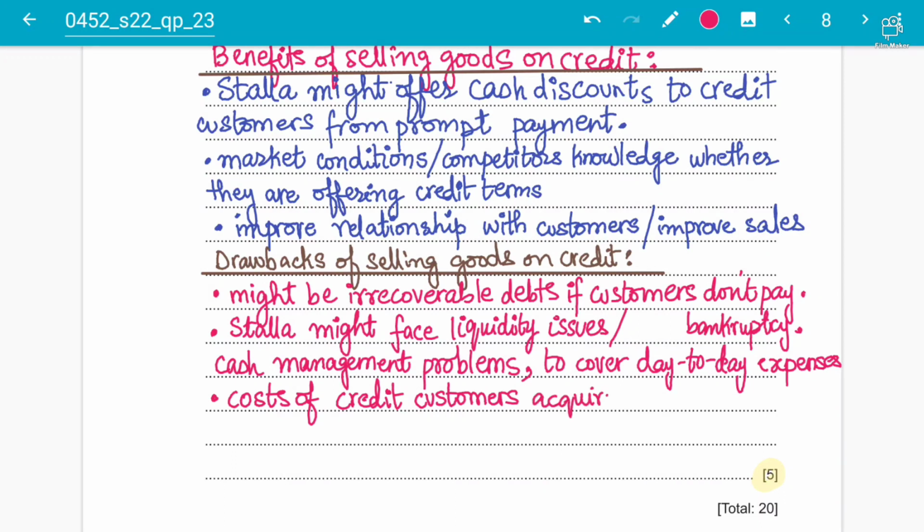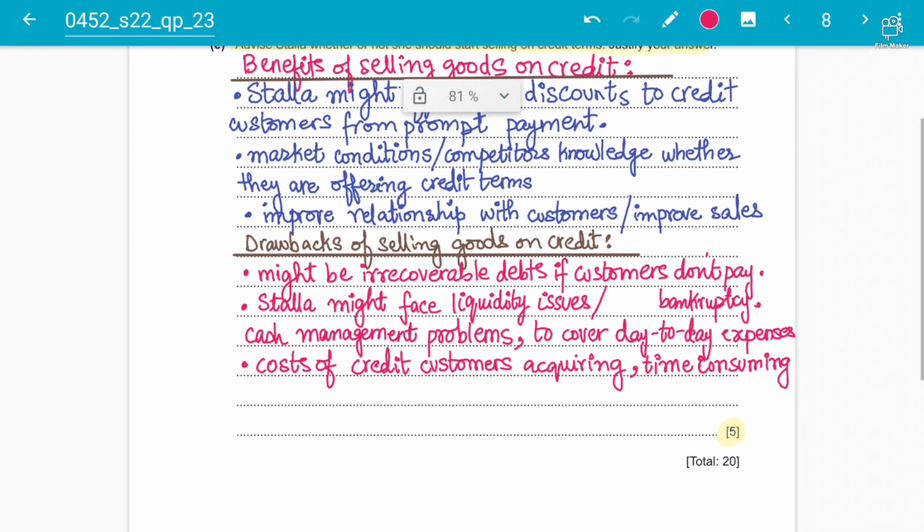कि इनको कस्टमर्स को नहीं देना चाहिए क्योंकि ये पे ही नहीं करते। तो कॉस्ट ऑफ क्रेडिट कस्टमर्स एक्वायरिंग, हम ये लिख सकते हैं कि आपको जो है एक अपना एक एक्स्ट्रा कॉस्ट बेयर करनी पड़ेगी, एक मैनेजमेंट कॉस्ट बेयर करनी पड़ेगी, कि उनको जो है क्रेडिट रेफरेंसेस, टाइम कंज्यूमिंग हो जाएगा ये काम, ठीक है। कि आप अपने कस्टमर की नॉलेज ले रहे हैं, कस्टमर की इन्फॉर्मेशन निकाल रहे हैं, वर्क हिस्ट्री निकाल रहे हैं, सो दैट इज़ बेसिकली टाइम कंज्यूमिंग एज वेल। एंड मेक श्योर स्टूडेंट, जब आपने पॉइंट्स लिख दिए हैं, दो पॉइंट्स इनफ,